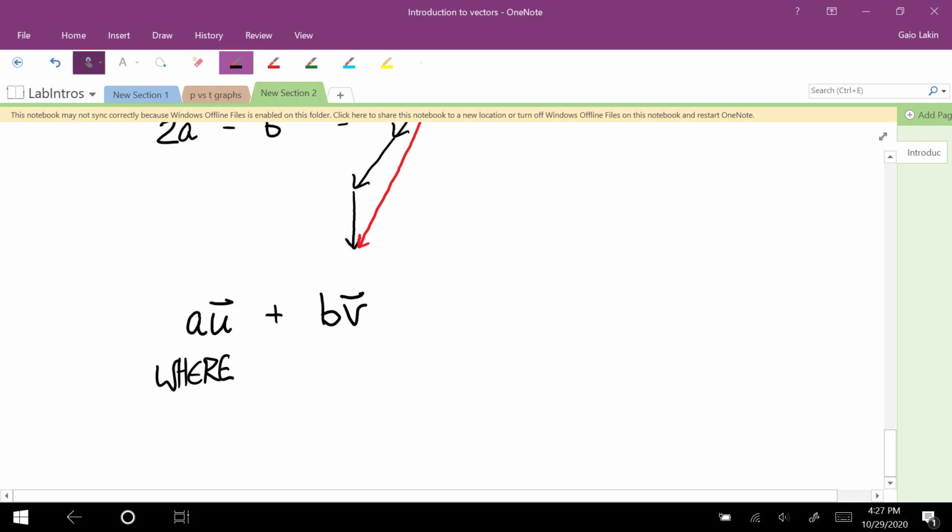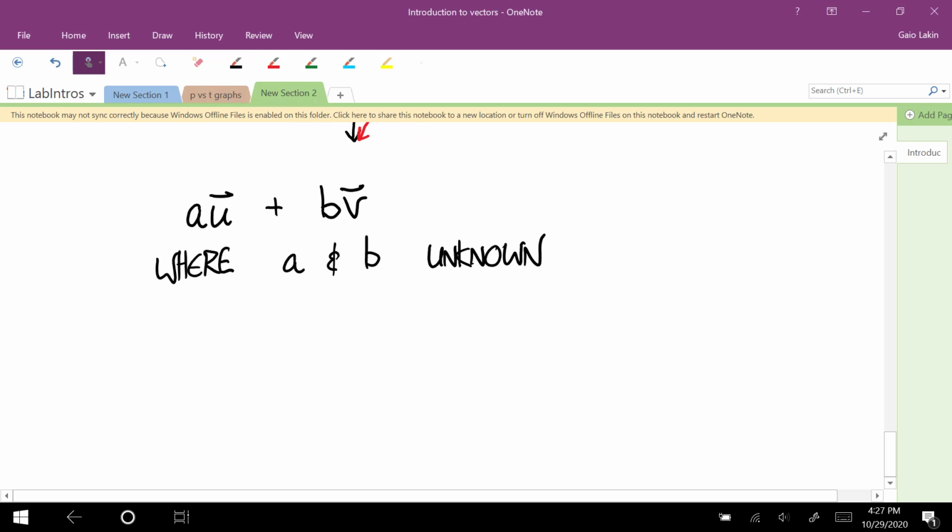But let's say a and b are unknown, okay? Well, notice that that's the same thing as adding two vectors in the direction of u and v without knowing their magnitudes, because, if you multiply, well,